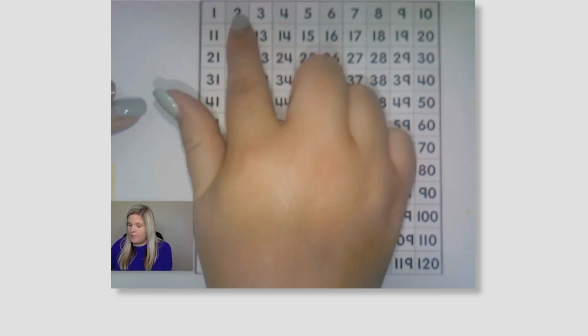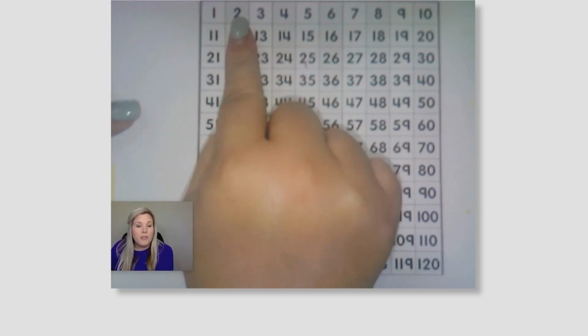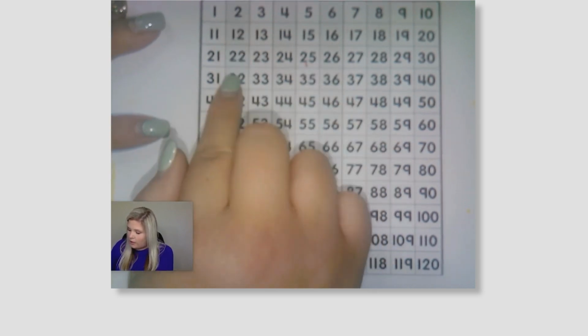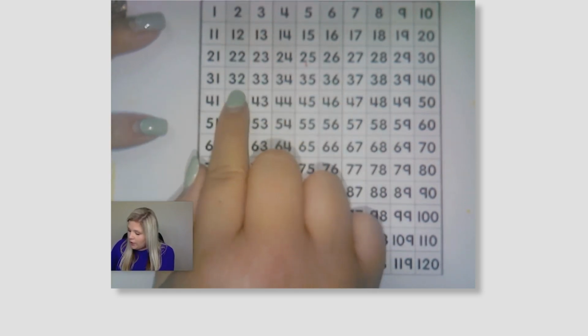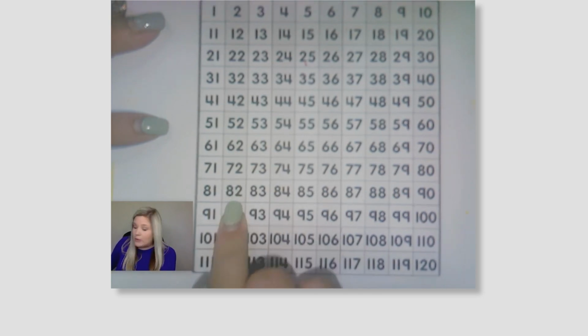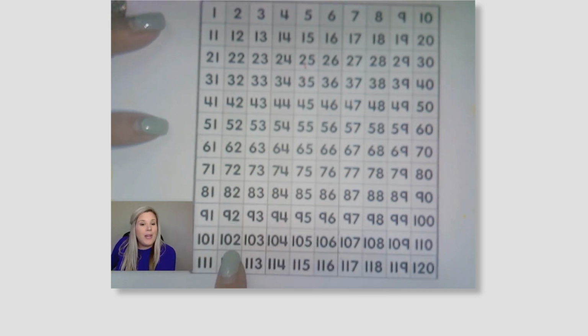So I'm going to find the number 2, and then I'm going to move down the columns to count by 10, like this. 2, 12, 22, 32, 42, 52, 62, 72, 82, 92, 102,